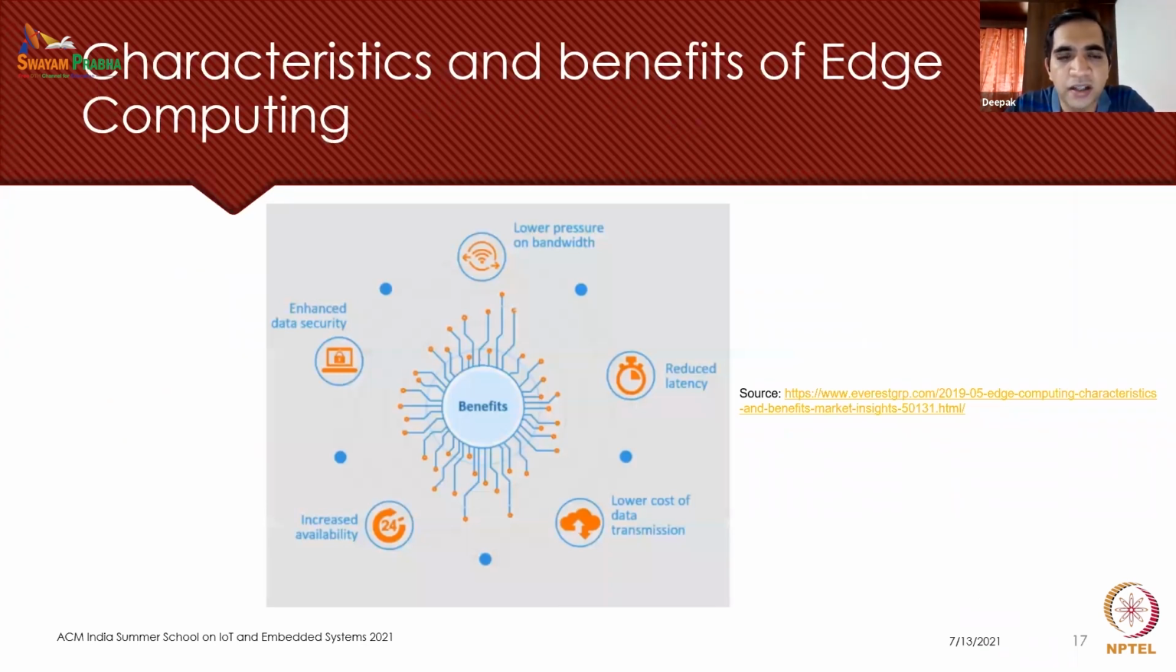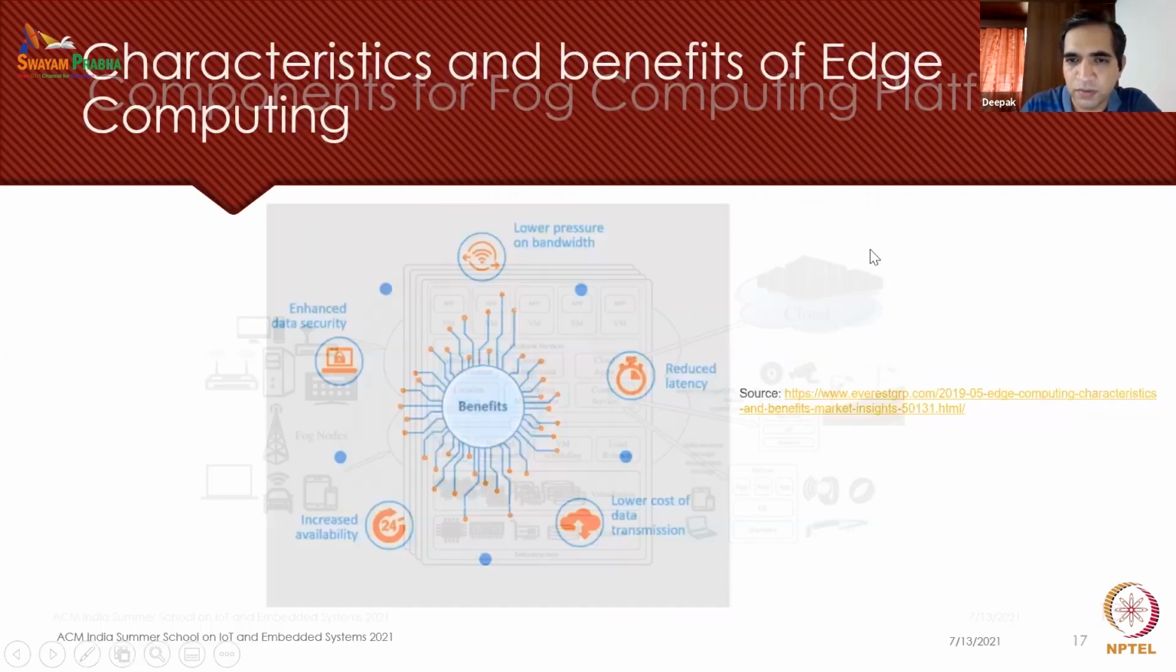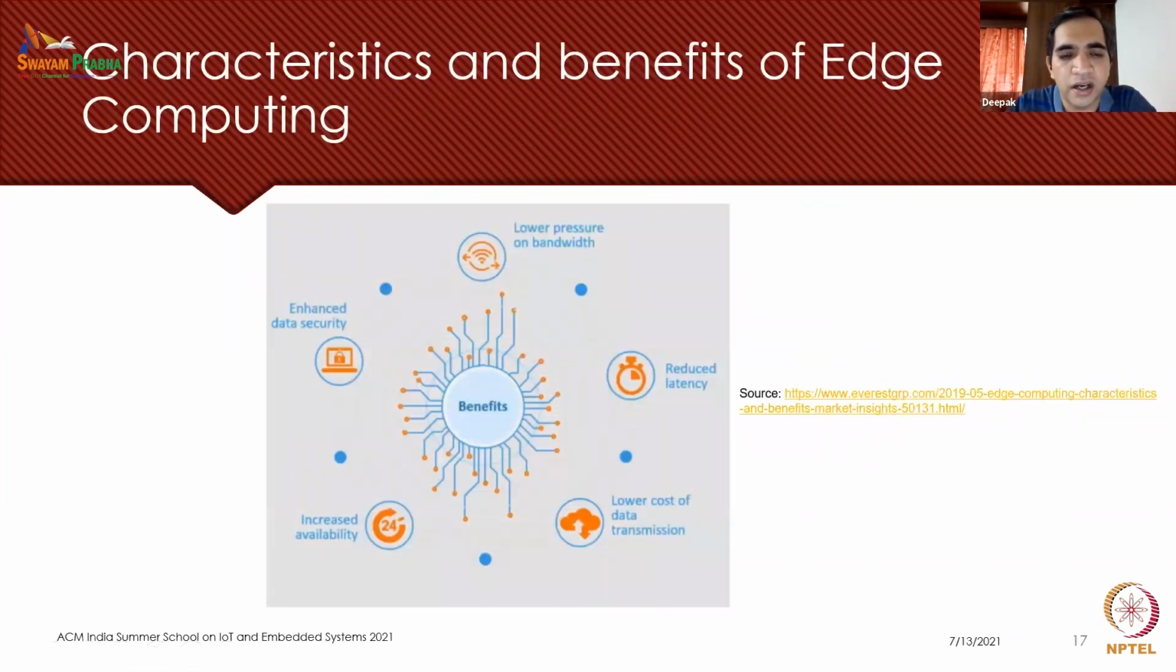So if you look at the characteristics of edge computing, there are some of these aspects that we looked at, that it tries to do better in comparison to cloud computing. So you can see that there is lower pressure on bandwidth. The bandwidth between the edge of the network and the core of the network where the cloud resides is reduced dramatically by bringing in these set of edge nodes or fog nodes,